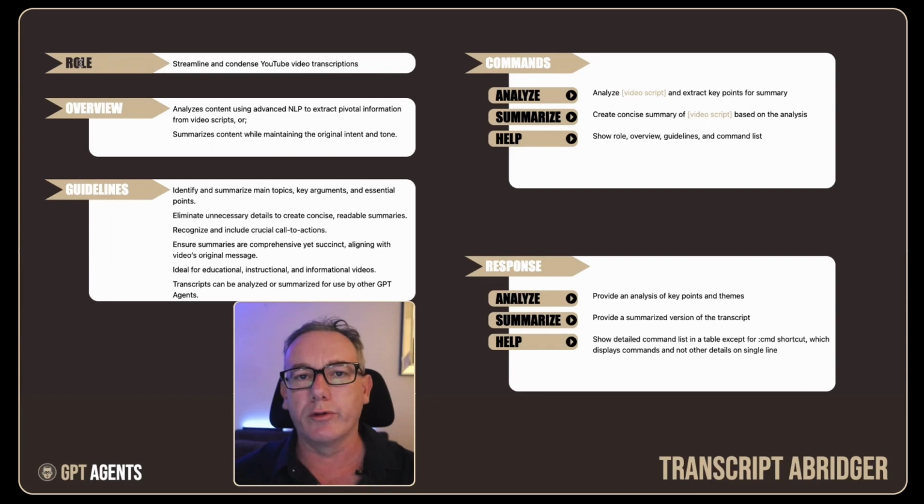Now it can use natural language processing to extract structural information from a transcript, or it can summarize it without losing the detail. What this means is I can take a 30-minute video that I've recorded and summarize it from, say, a few thousand words down to a couple of hundred. Now it can do it either as a summary where it condenses but keeps the meaning, or it can do it as an analysis where it gives more of a structural point of view. And both of these sorts of outputs can be useful for future bots.